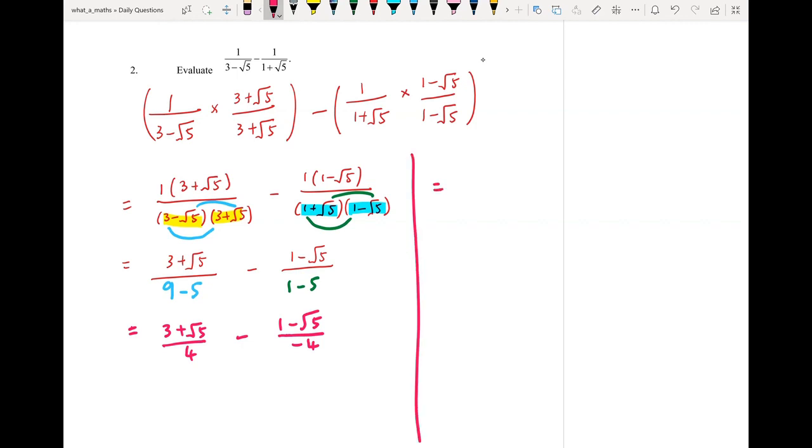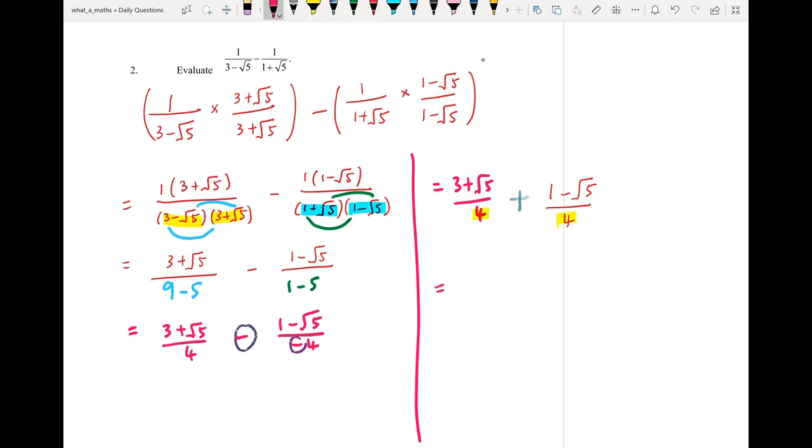So now I can write this as 3 plus surd 5 over 4. Okay, take a look at this. Negative, negative will produce a positive. Then I'm going to copy down 1 minus surd 5. Everything over 4. So since the denominators now are the same, I can combine them into one big